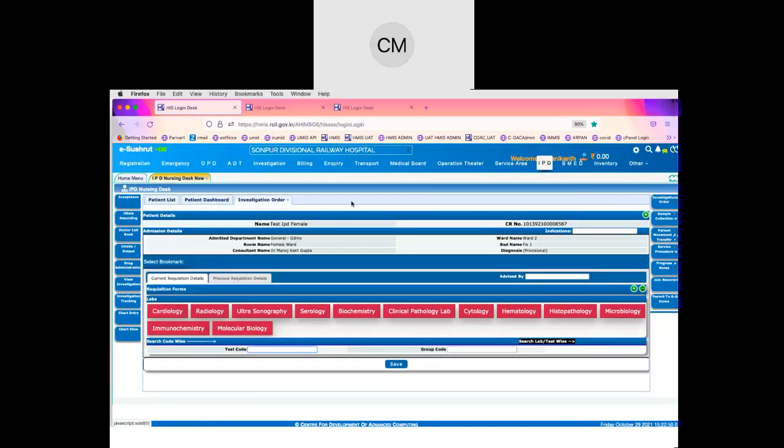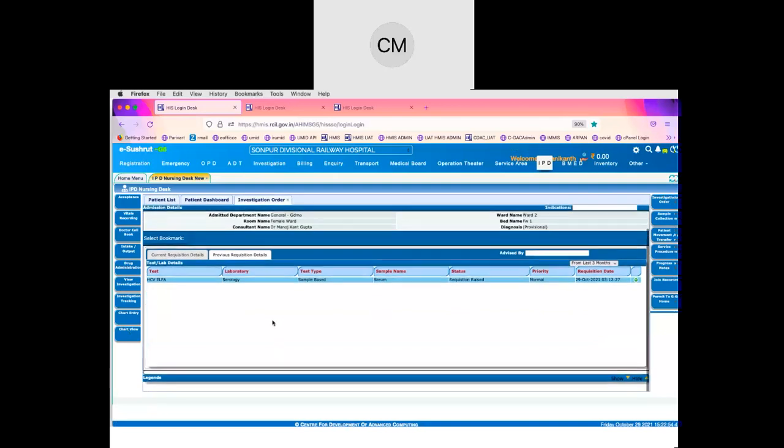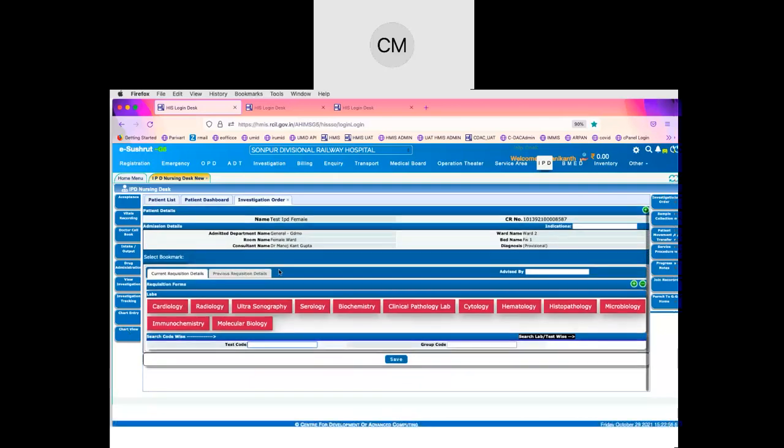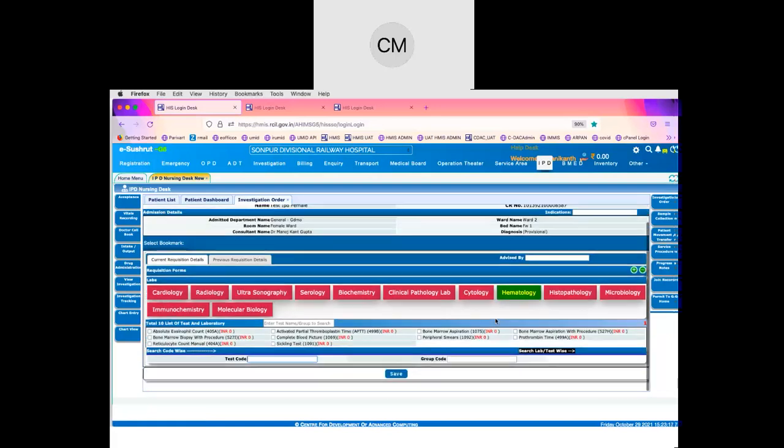As I told you, sometimes there can be an emergency and the doctor may not be available. If a nurse asks whether the patient requires any further testing at this stage, the doctor can say, okay, I will be coming in say 1 hour or 2 hours, meanwhile these tests may be conducted. So on behalf of the doctor, the nurse can initiate the request for investigations, and they can select the department and test.